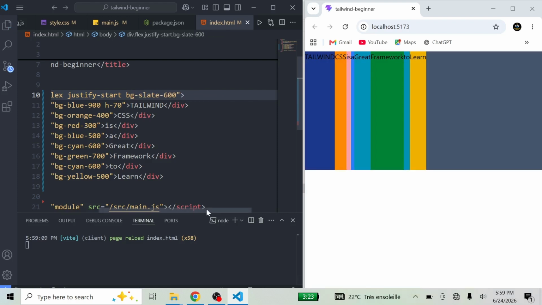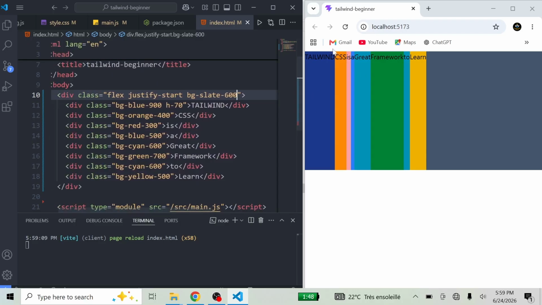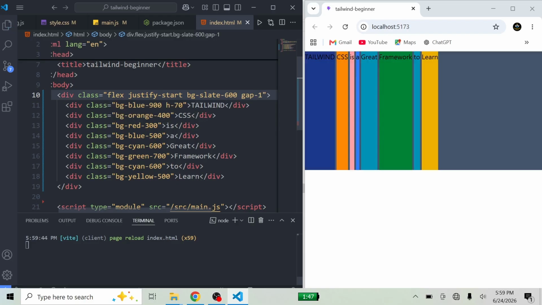You may want to have some gap between these flex items. Before we were using margin and padding, but for margin, imagine for example you put margin right. You don't want margin at the last element, so you should go and remove the margin here. It was not practical. But now you can just use gap, and gap allows you to put some gap between